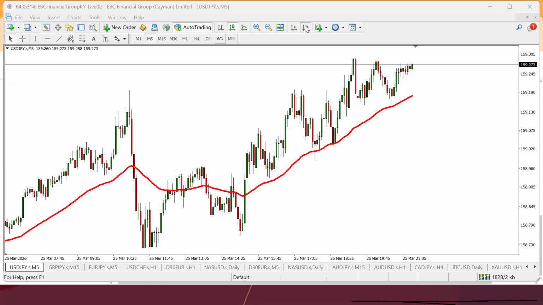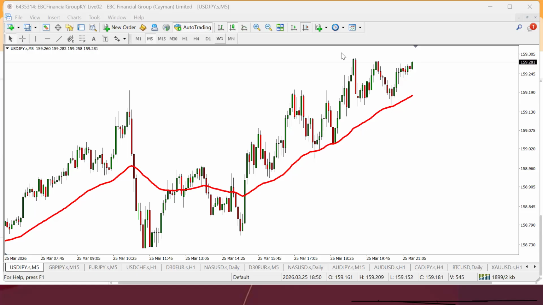Because it's an upward trend on the 5 minutes. Yes, I know it's an upward trend, but how did you know it's an upward trend? That's what I'm asking. Based on the moving average position, the moving average is below price, and price is on top of the moving average. This is very neat, because the price is just bouncing on the moving average and moving up. So on the 5 minutes time frame, this is looking very good for a buy.